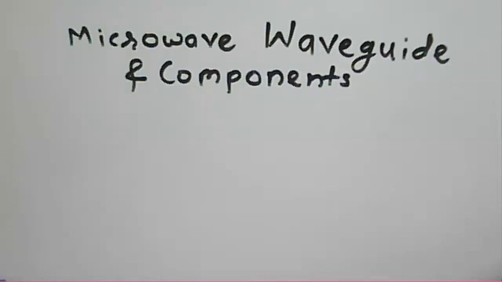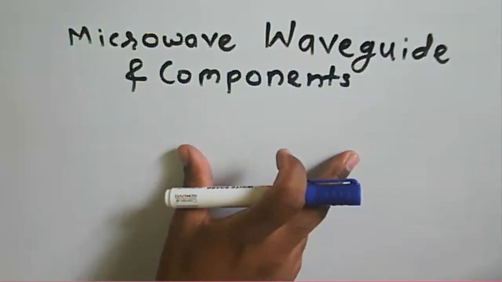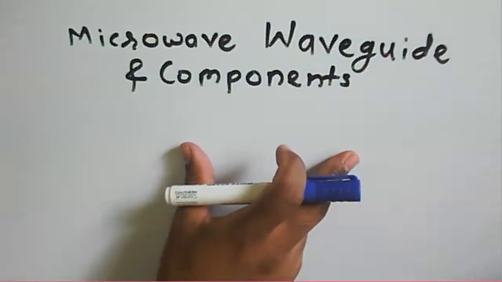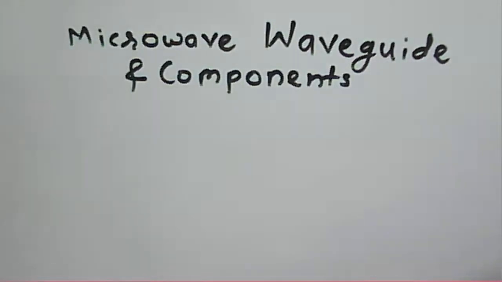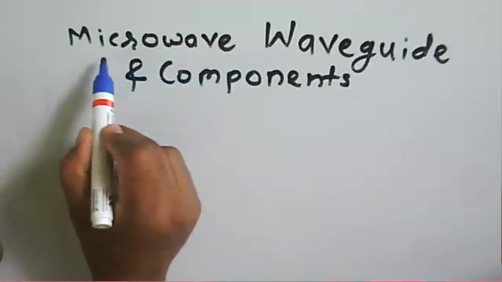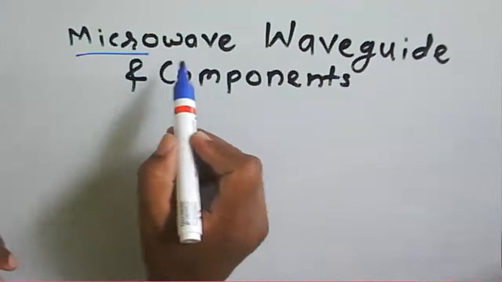Now today we start with a new concept of a microwave waveguide and its components. As we have seen earlier, microwave fundamentals and some field theory components, and you know that the basic microwave frequency range is in terms of gigahertz. That's why microwave is nothing but a small wave. So now we say that a small wave is to be propagating